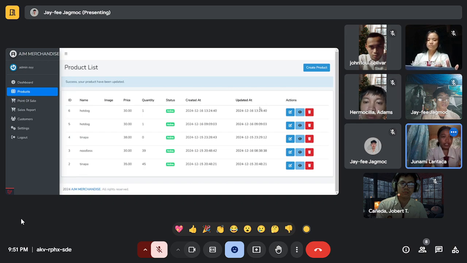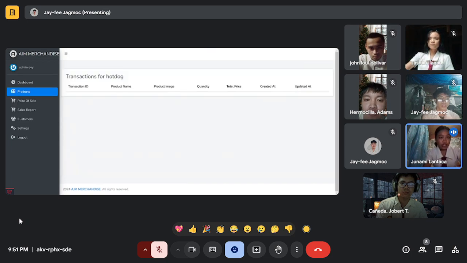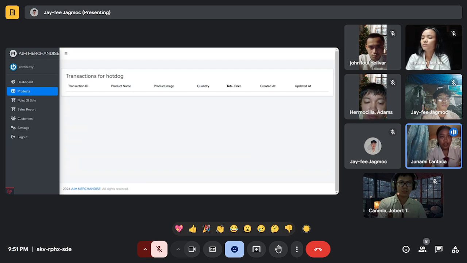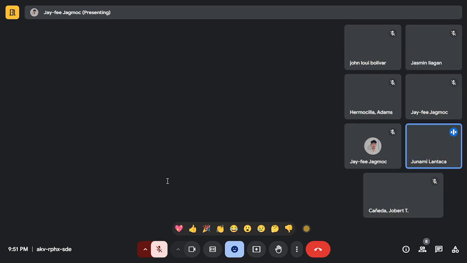Next is click on the view button associated with the product and verify that the transaction history or details are displayed correctly. Actual outcome is only proceed to the transaction page or interface with no data display. Next one is